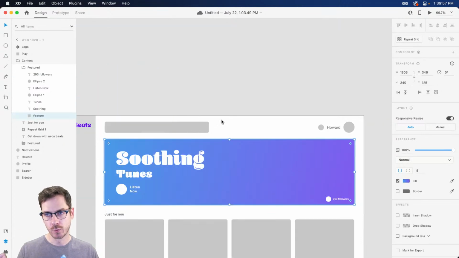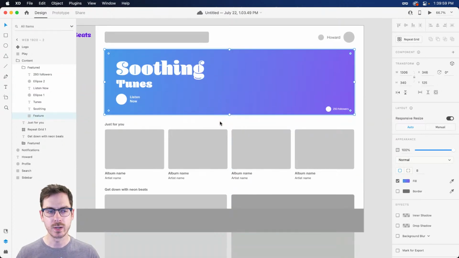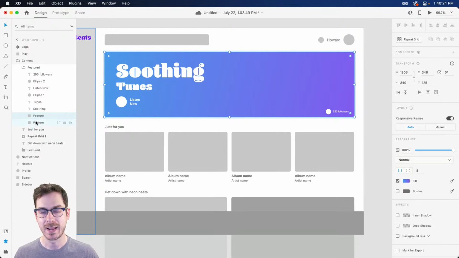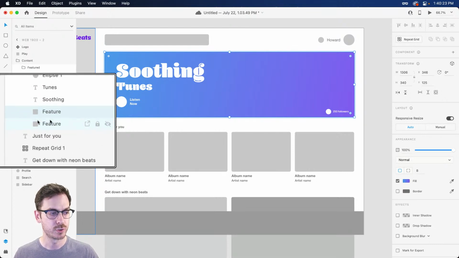But also thinking forward, we're only going to want this image to be exploding out of the bounds on the top and maybe also the right, possibly. So in that case, we're going to want to use an object mask. So with this layer selected at the back, this featured layer, I'm going to duplicate this layer, Command or Control D. And I could go ahead and place this into the mask as well, this featured container.